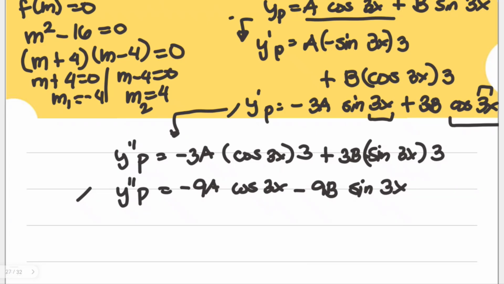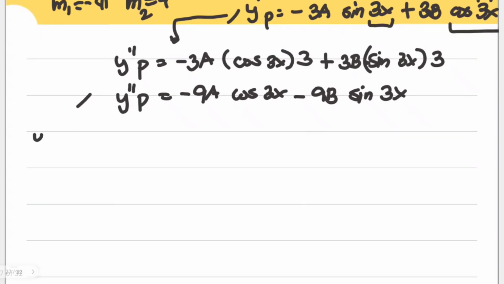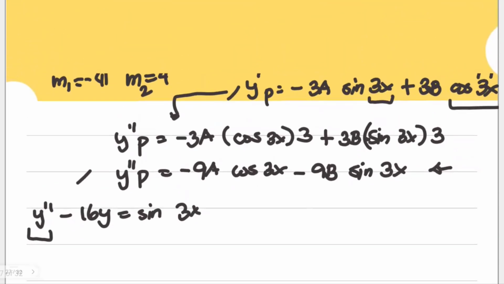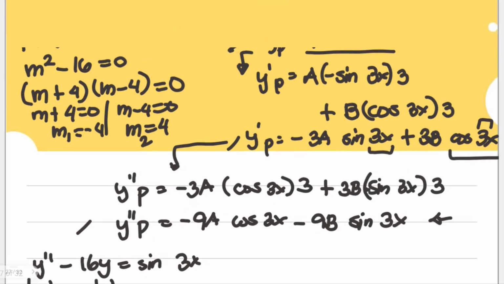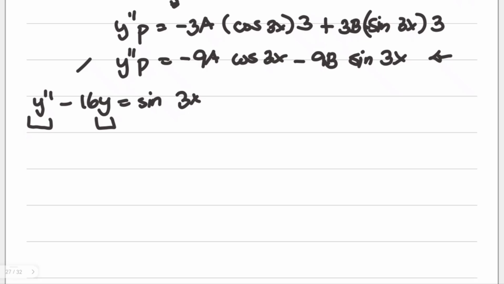We only need this because we are going to substitute y sub b on our original equation here, equating to our original g of x, which is sine 3x. So again, let me copy here the original form. This is second degree. Minus 16y is equal to sine 3x. So the second order derivative here will be this one. We don't have the first order derivative. The y here would be y sub b given by our table earlier. So it would look like this. Please bear with me. Our second order derivative will become y sub b minus 16y sub b is equal to